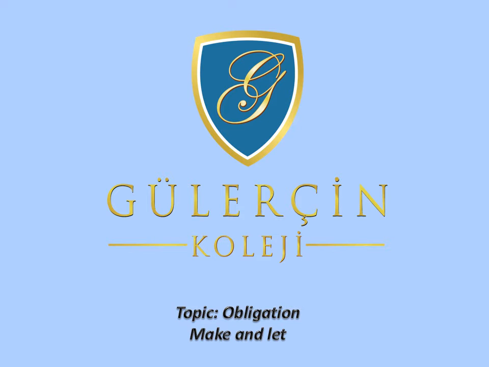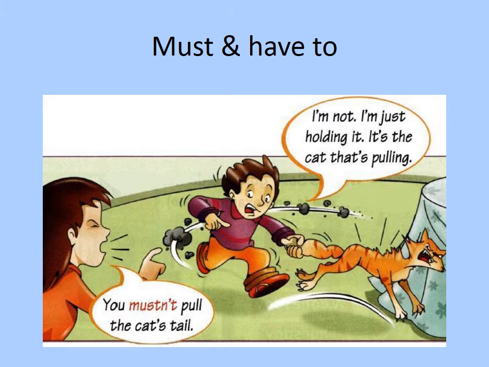Hi everyone. The topic of the day is obligation with must and have to and make and let. Now let's look at this picture and see what is written there. "You mustn't pull the cat's tail," says the girl, and the boy says, "I'm not, I'm just holding it. It's the cat that is pulling it." So, you mustn't pull. As you can see, an example with must or mustn't, and then we will continue with